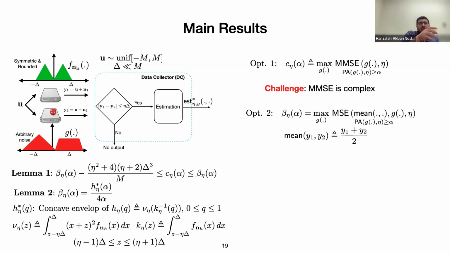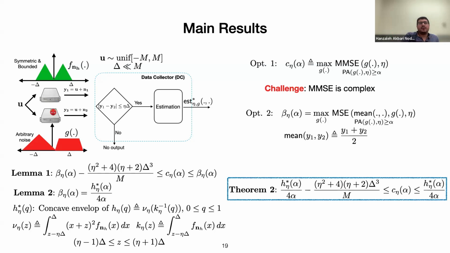All I want to note here is that, first of all, this function can be easily calculated. It is a little weird, but it can be easily calculated. And all that matters in this function is the noise distribution of the honest node. So if you know the noise distribution of the honest node, you just need to do some basic calculation. Okay?